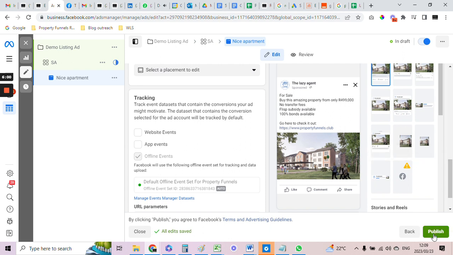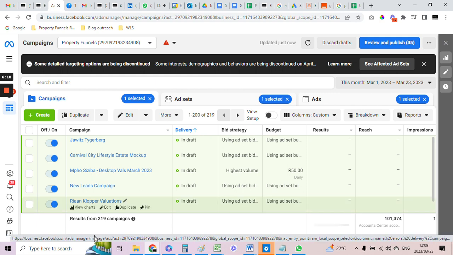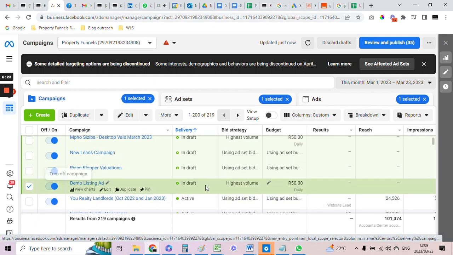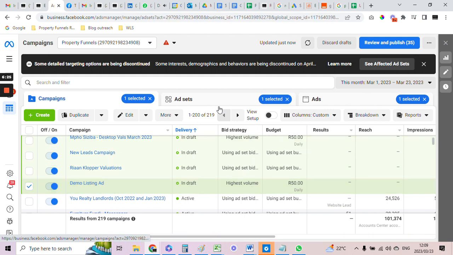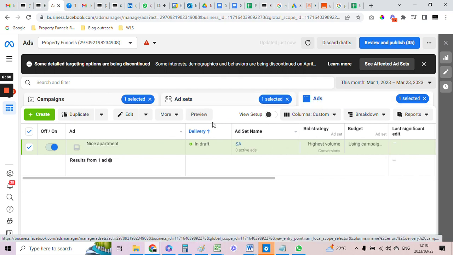You're going to click on publish, and once it's approved, if you maybe want to do a different one, you're going to click on these three little dots. So let's hop out. You can do it from the ads. Remember, you've got three levels here. You've got campaigns, ad sets, and ads. If I go back to the campaigns, you'll see these are all the campaigns that we've got. And if I want to go into the demo listing ad, which is this one, there's the ad set level that I just created. If I go to the ad,